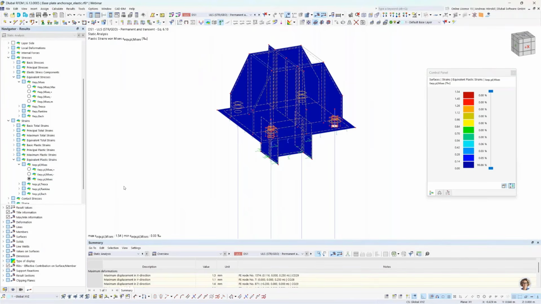And you can see, just a moment, it's correct. The maximum strain is 1.5 promille. And the maximum strain according to Eurocode 3 is 5%. And that's what I would like to show you,